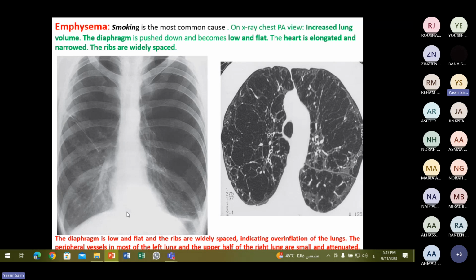Heart is elongated and narrowed. The intercostal space increase. يعني the space between the ribs is increased due to hyperinflation of the lung. But this is a sign of emphysema on chest X-ray. طيب